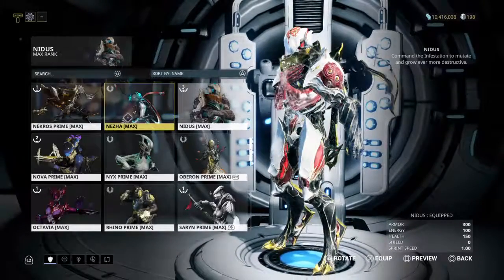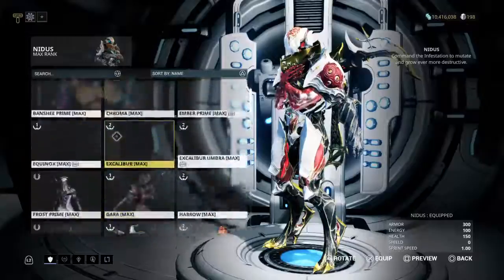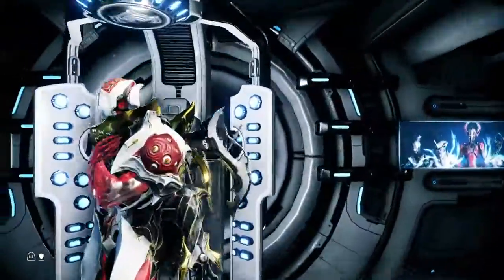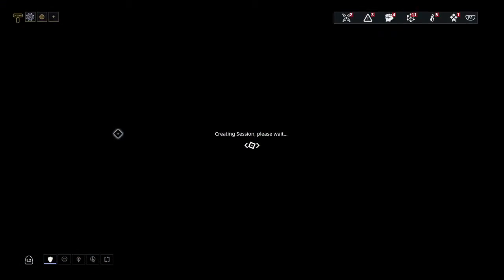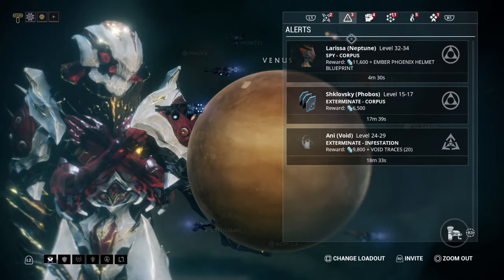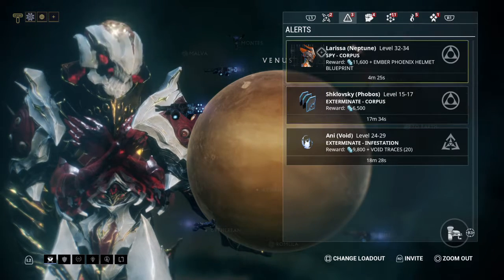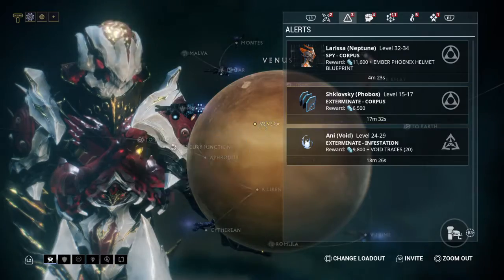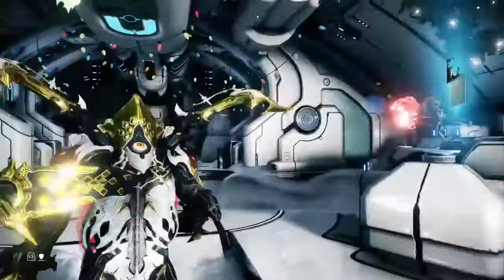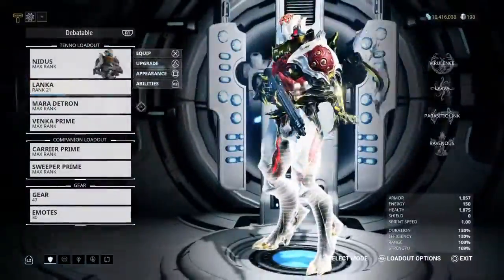And let's see, I want to bring with me... actually, before I decide who I want to bring with me, I want to check what alerts we have. That should be a priority first. So we got a spy, an exterminate, and another exterminate. Oh, that's it? Well then. There's only one thing to do. I think it's going to be nostalgic, which is...